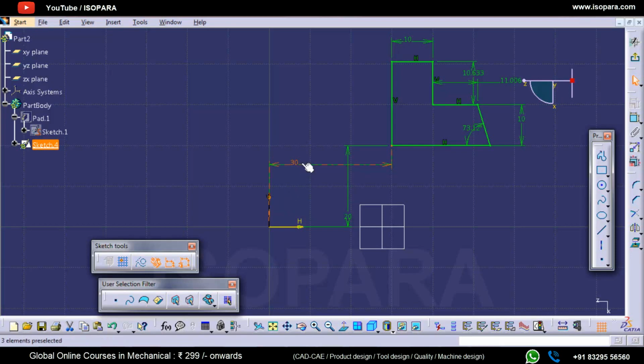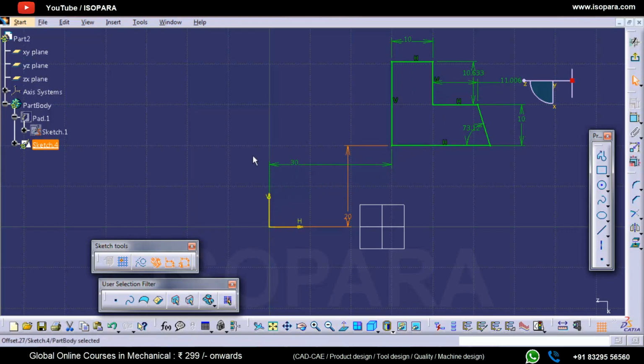Only give two dimensions from the origin or the axis, vertical or horizontal. The rest of the dimensions should be inside the sketch. They should not be from the vertical or horizontal.